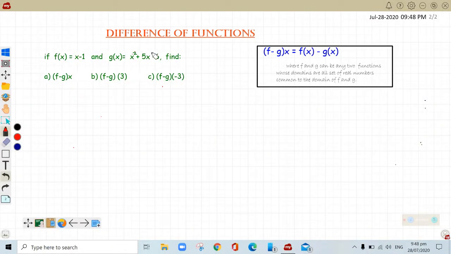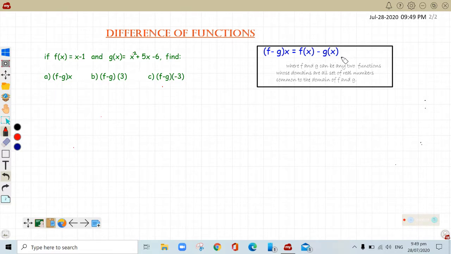Going to discuss difference of functions. Okay, just like what we did last time about sum of functions, we will be using the same formula. The only difference is that instead of adding them, we're going to subtract them. So to get the difference of a function, we have (f minus g)(x) is equal to f(x)